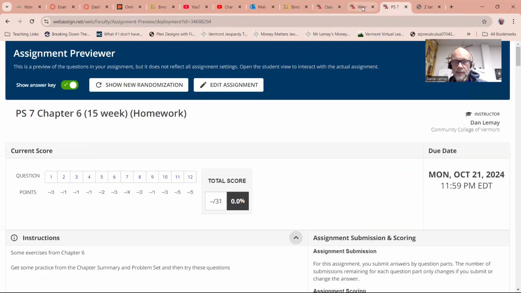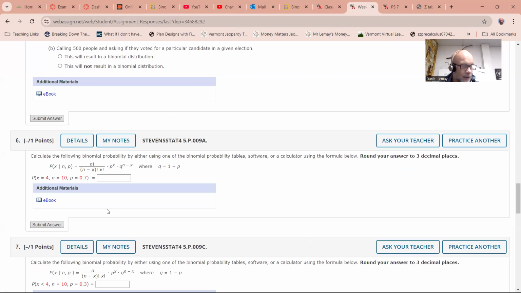I got to write this down here just a minute. So I see I want 4 successes. So X is 4 out of 10 trials, and the probability of success is 70%. So P equals 0.7. So you just go to that StatTrek calculator